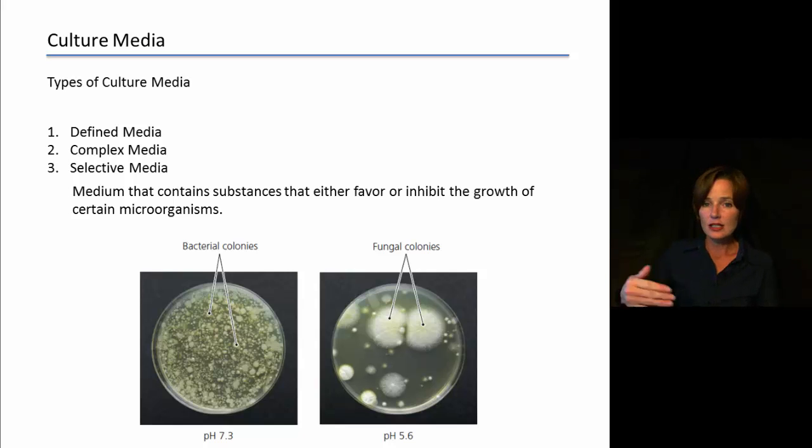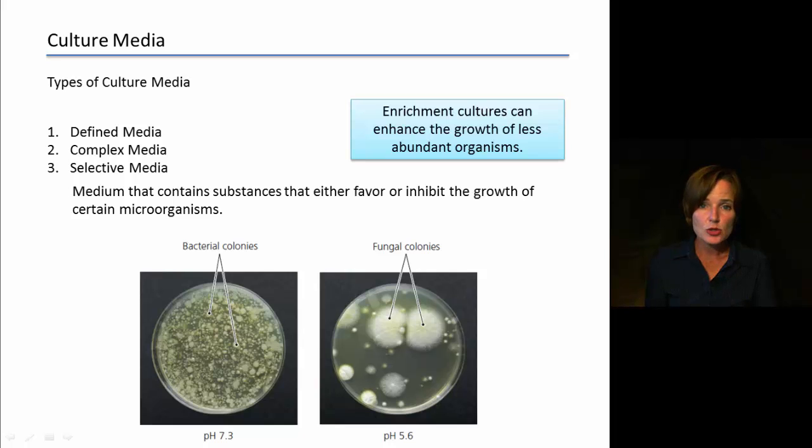We can also leave out a particular chemical that something needs to grow, and in that way, by just omitting that particular chemical, we're ensuring that that microbe is not going to grow on this particular substance. In some cases with our selective media, we are trying to increase the abundance of some cultures or some microbes that are a lot less abundant. So that is a type of selective media because we're trying to favor the growth of this rare or uncommon